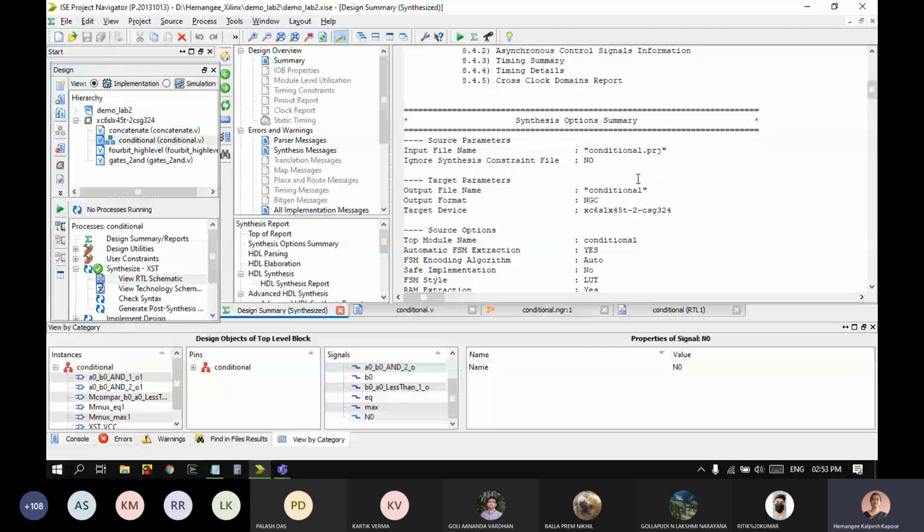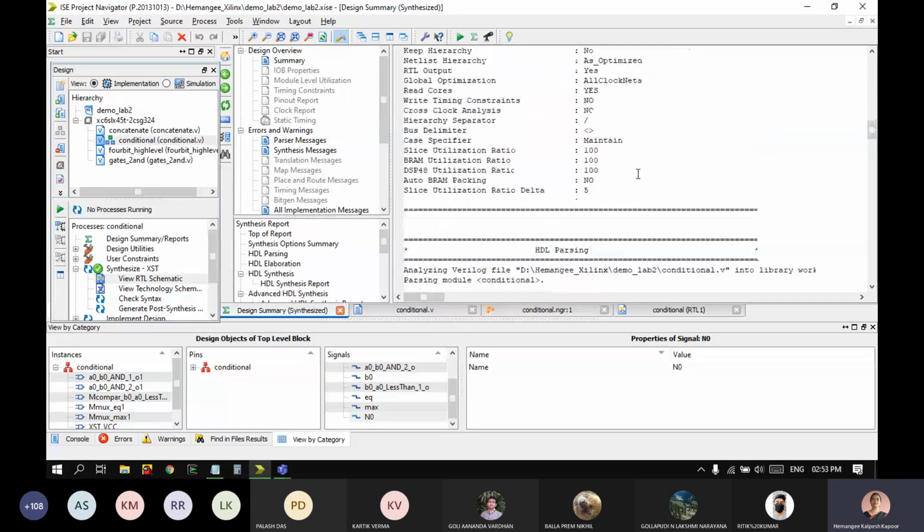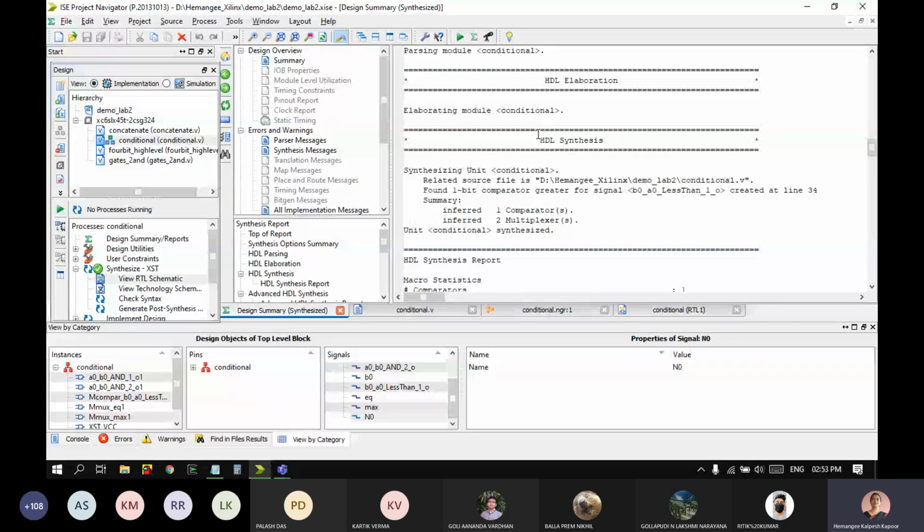Okay. So in the part called HDL synthesis, this section tells you what all it synthesized. It has inferred one comparator from your code and two multiplexers. The remaining things, the AND gates and all, are very straightforward. So it has inferred a mux and a comparator, which we just now saw in the RTL report.